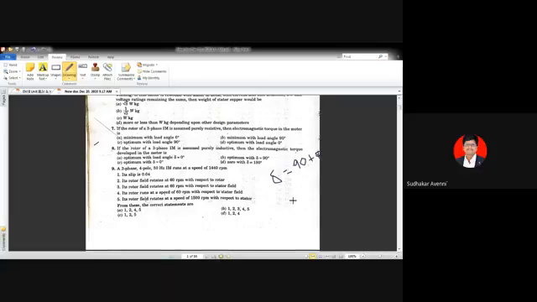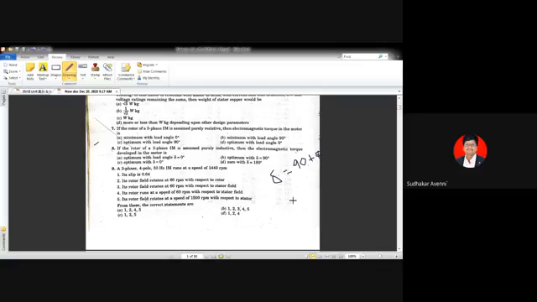In a similar way, by means of mutual induction, there will be production of rotor flux. The rotor flux speed is also synchronous speed, Ns is equal to 120 f by P. So stator flux speed is synchronous speed, and rotor flux speed is also synchronous speed. Then rotor speed, Nr: based on the given slip, the speed of the rotor is 1440 rpm.